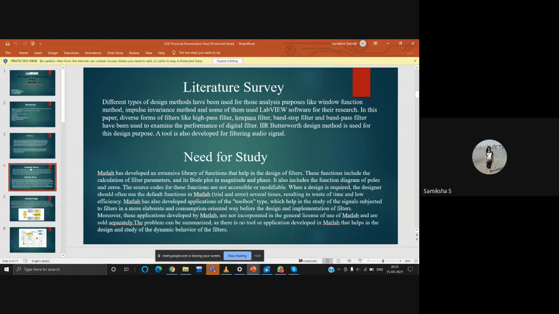Now, why do we need to study the IIR filter? An IIR filter is faster than an FIR filter. The advantage of an IIR filter over an FIR filter is that it usually requires fewer coefficients to execute similar filtering operations, and it works faster. It also requires less memory space, and the only disadvantage of an IIR filter is the non-linear phase response. But overall, it is better than an FIR filter. That's why we use the IIR filter.